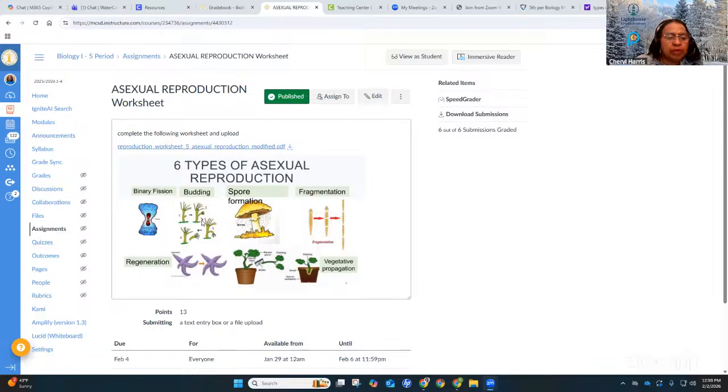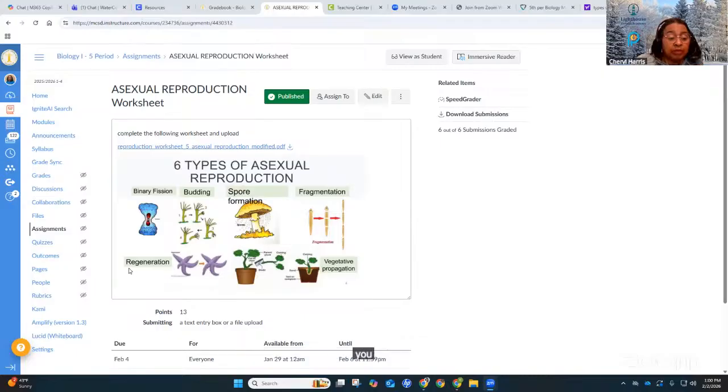Then you have budding, where a whole new organism just grows off of the side of another organism, and that organism can break off and become a whole organism by itself. Budding is also where the cell, this is one picture of Hydra, but they can also show a cell where it gets a little knob at the top, like the one y'all had on your worksheet. And that little knob can grow into a whole other organism.